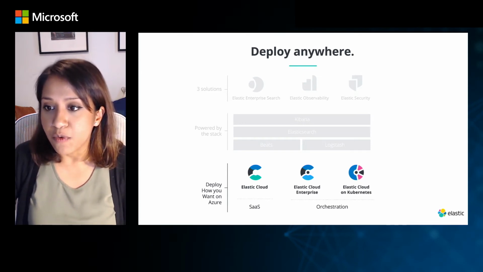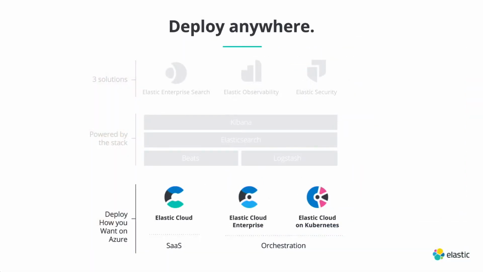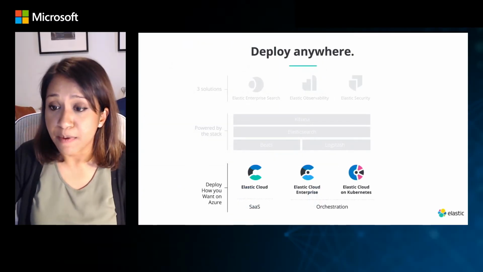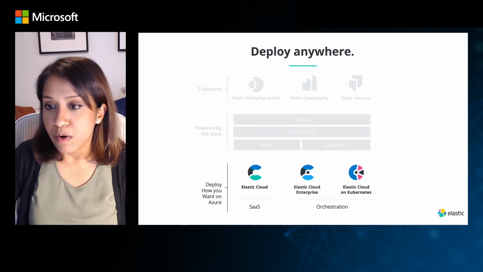If you are looking for a way to self-manage your Elastic cluster, there are orchestrated options that you can also deploy in Azure. Those are Elastic Cloud on Kubernetes, and those can be deployed on AKS. And there is Elastic Cloud Enterprise, which is Elastic's homegrown orchestration solution, and the same interface that you're going to see in the Elastic Cloud SaaS offering is available for Elastic Cloud Enterprise, but can be deployed in your own tenant,